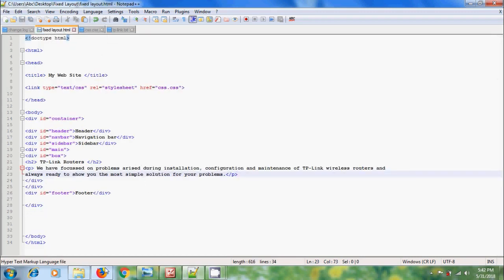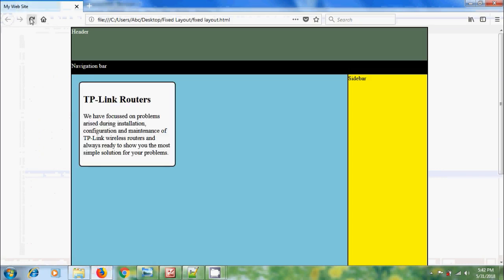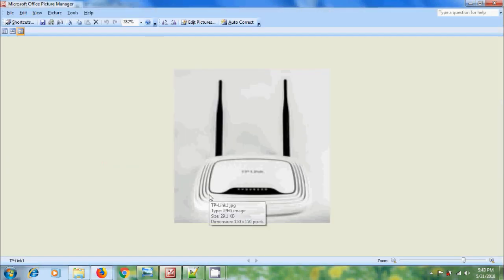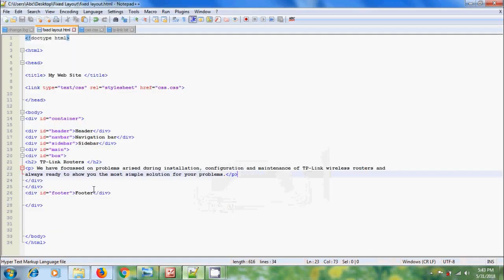After that come to web page, reload it. We got the text in the mini content panel with padding and margin. Now I want to add a image into this. For this come to HTML and in the box please type